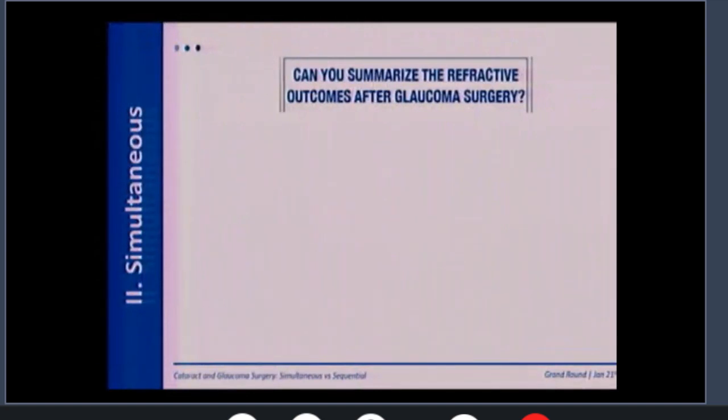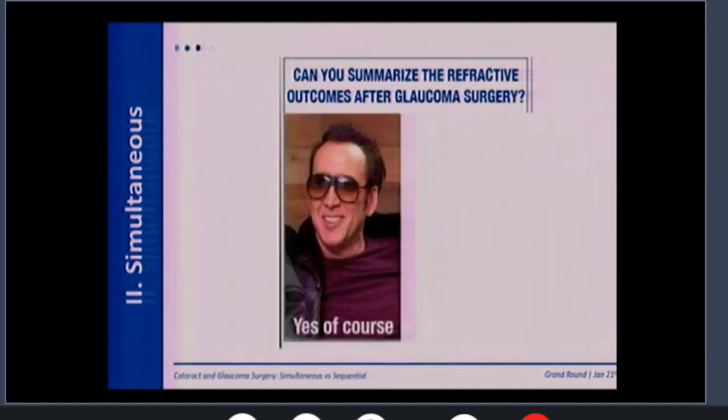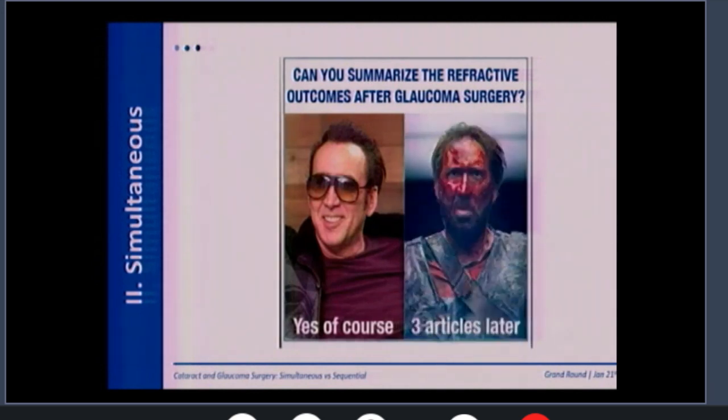So I know you're probably overwhelmed now by the amount of details on the refractive outcomes related to glaucoma surgery. Initially, when I started preparing for this lecture, I thought I'd easily understand all the details related to refractive outcomes after glaucoma surgery. So when I asked myself, can you summarize the refractive outcomes after glaucoma surgery, I said, yes, of course. But after digging into the literature, and only 3 articles later,